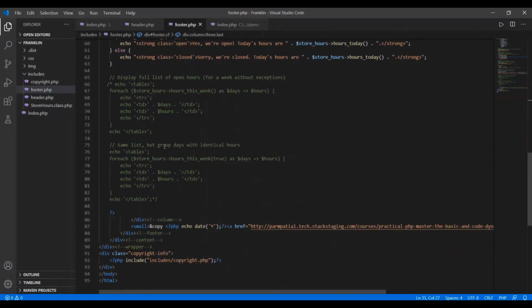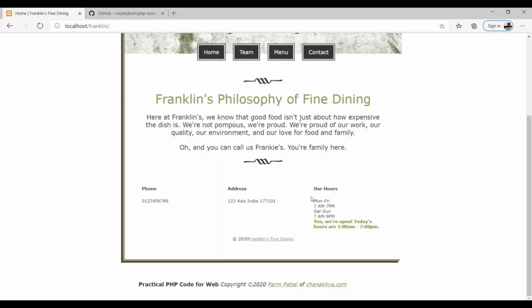So this way what we have done, we have made the content dynamic. This will display dynamically, not statically. It will be as per the time of visit of the user. If the user visits during our time duration, he will get the information, yes, we are open today, hours are like this.